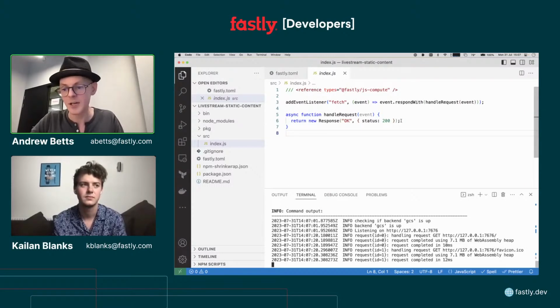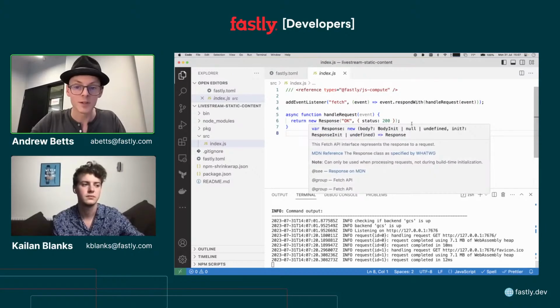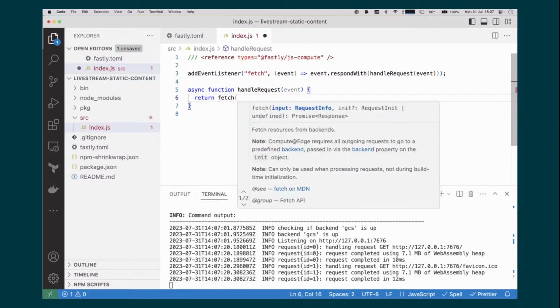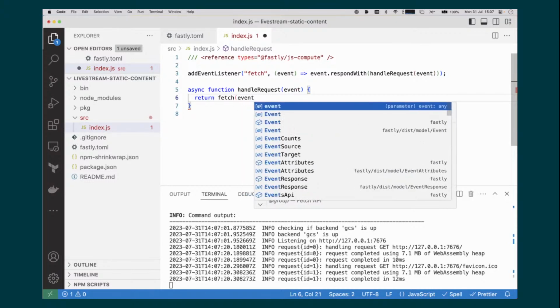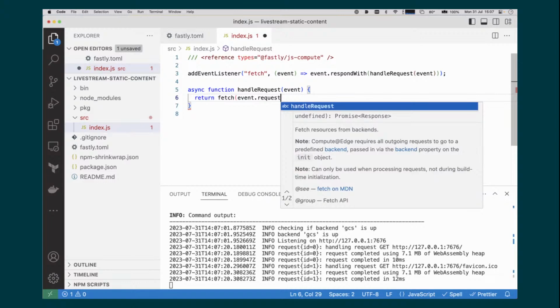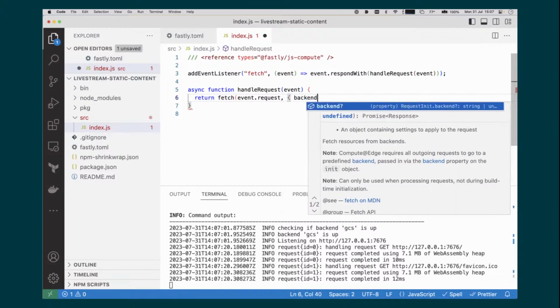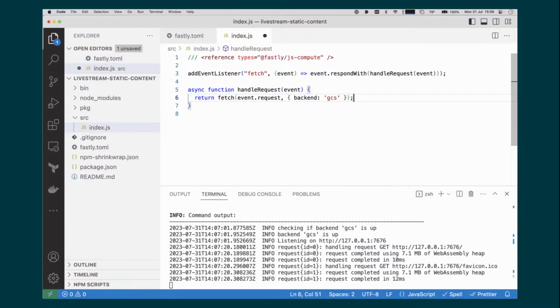So the first thing I need to do is connect my Fastly service to my backend. And a simple way to do that is to use the fetch API. So we implement the fetch API. It's compliant with the way fetch works in the browser. So I can take the request that has been passed in on the event, pass it into the fetch, and then fetch will quite happily send that request to the backend. I do, however, need to specify what backend I want to use using the same token that I created in